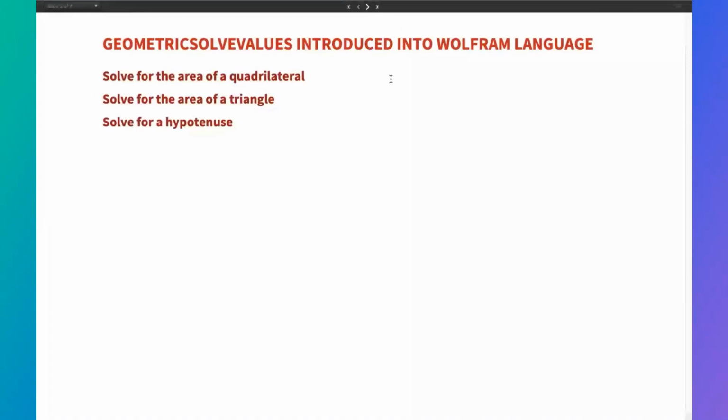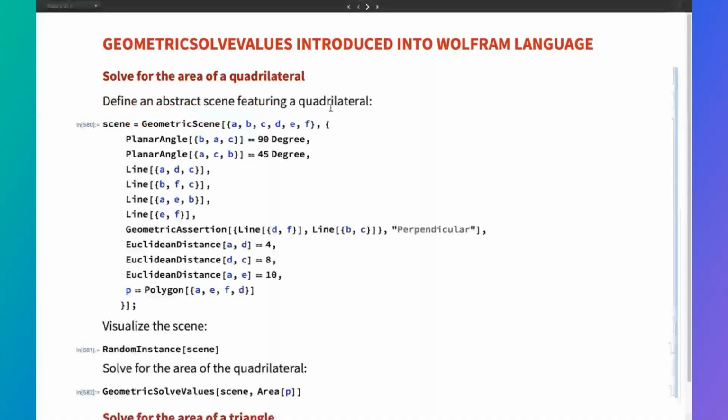So at our talk last year, we mentioned GeometricSolveValues and said that it was making its way into the language, and it has arrived. So let's again give a few examples about how to use it and how it works. So let's start with solving for the area of a